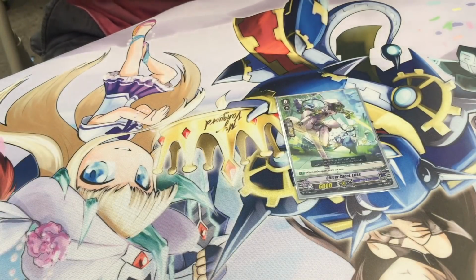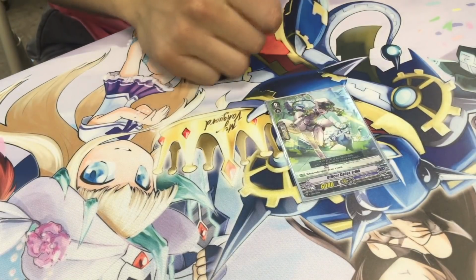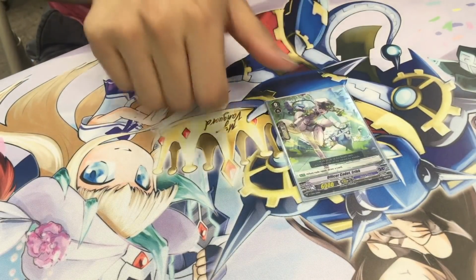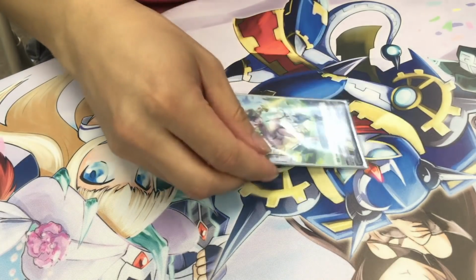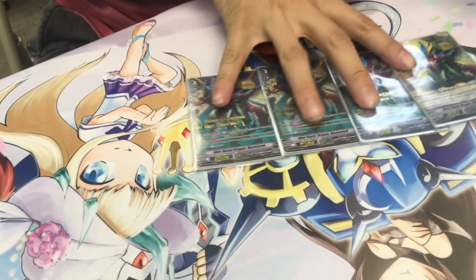Aqua Force. All right. First off, start with the starter. Your typical V starter, which is basically when you ride on it, draw a card. Not much to say about it. Every clan has it for the time being. So let's move on. We have four